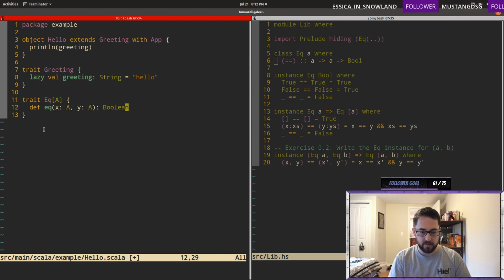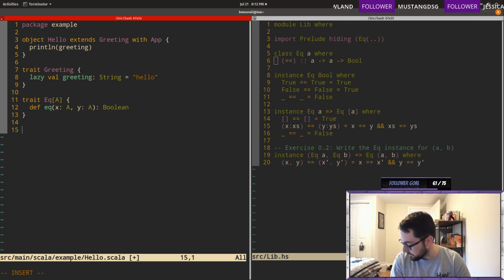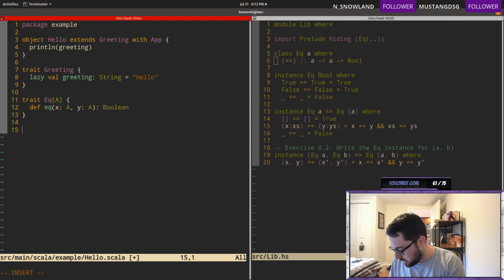It's just so different that I don't like it anymore. Okay, so that's that. Now we want to write this eq list function, which is gonna make you want to throw up. Okay, well, this isn't so bad. Wait, no, but that's the Boolean one.